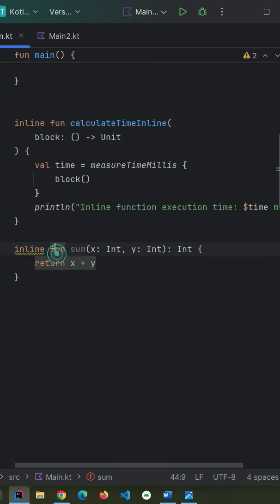So for a non-higher order function, why are we seeing a warning? Here is the reason. The JVM, Java Virtual Machine, has a JIT compiler, just-in-time compiler, which works during program execution and identifies the hotspots, which are loops or frequently called functions. What JIT does is take those hotspots and compile that code into highly optimized machine code and store it in